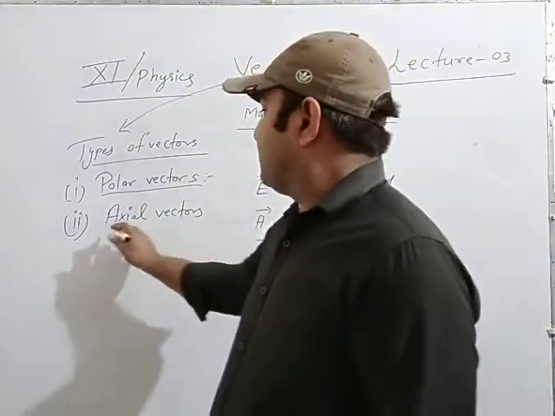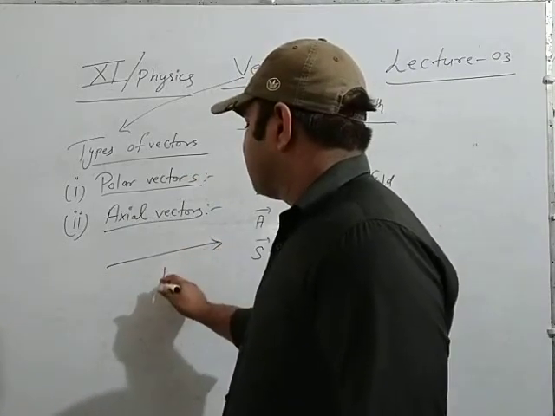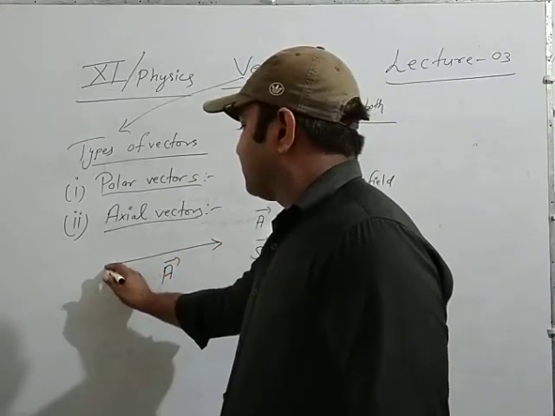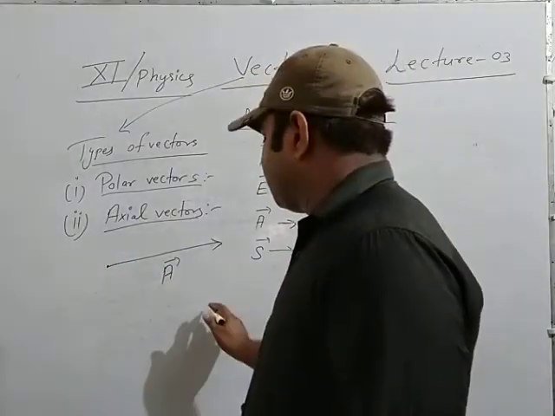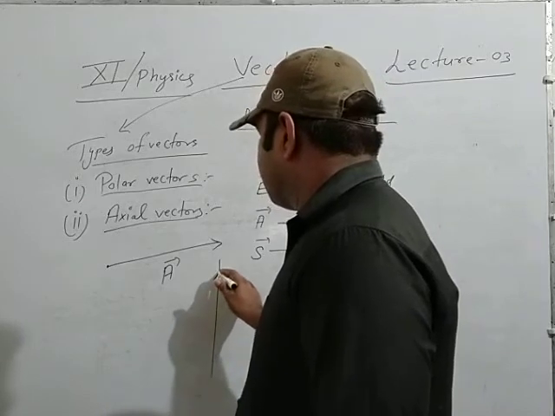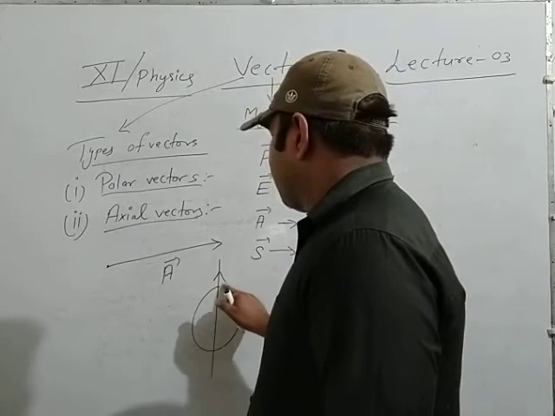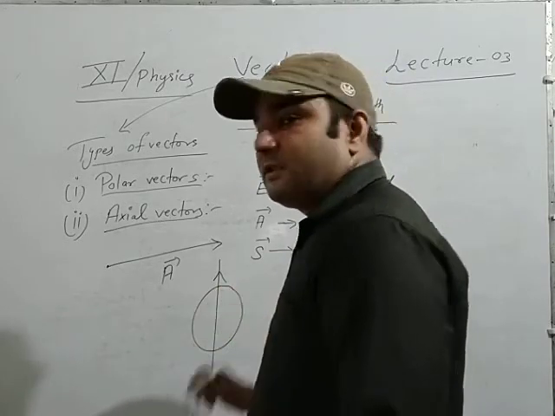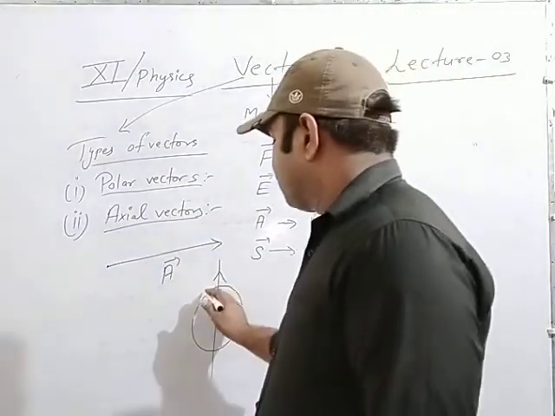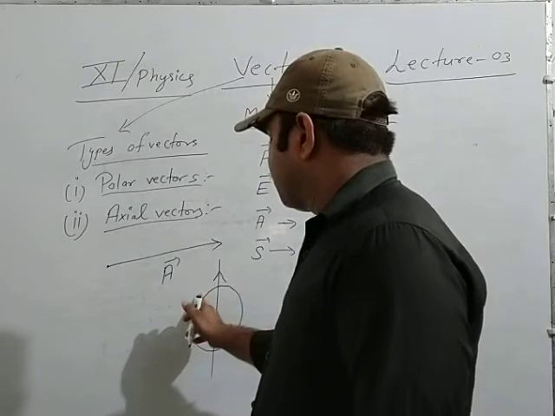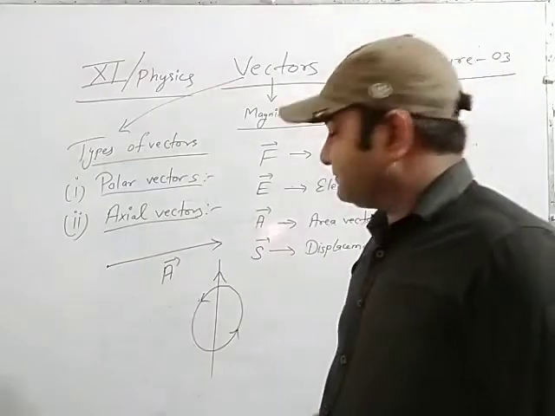The concept of axial vector, let's see here. Polar vector, very easy concept. Suppose this is a vector A, the starting point is fixed and the direction of application is also fixed from left to right, and the axial vector in this way. This is the concept of axial vector, and the direction here is on account of the right hand rule. When the vector is representing upward, then the direction of rotation, according to the right hand rule, is anti-clockwise.